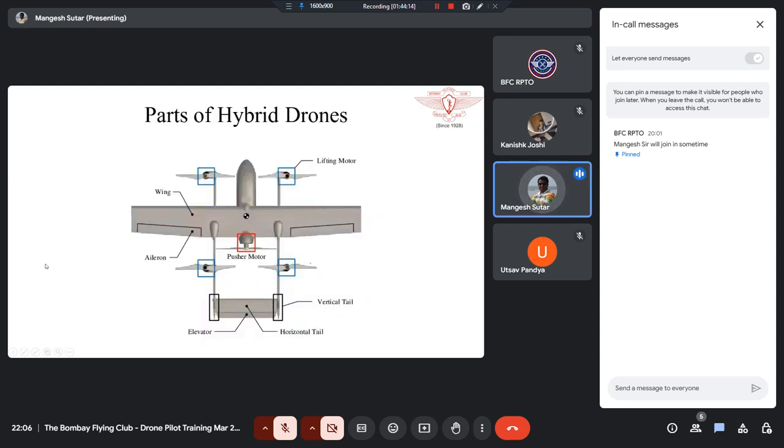Okay, so let's see what the parts of the hybrid drones are. When we see the hybrid drone from an aeroplane perspective, we see the fuselage and the wing structure, which has the ailerons. Then you will see the tail section with the horizontal tail as well as the vertical tail for the elevators and the rudder section. And then you will see four propellers attached to the wings in such a way that it can make a rotorcraft also. These four motors are basically used for takeoff and landing, whereas the fifth